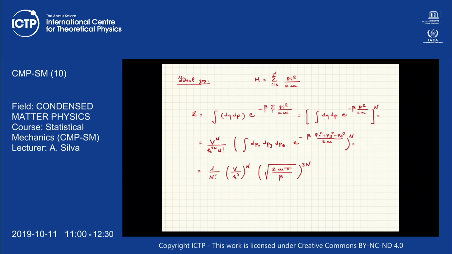So this is my partition function for the ideal gas. Super simple, okay? It's not even comparable in terms of difficulty to what we did for the microcanonical ensemble, in which life is much more complicated. Great. Now, given this, let us compute the pressure,